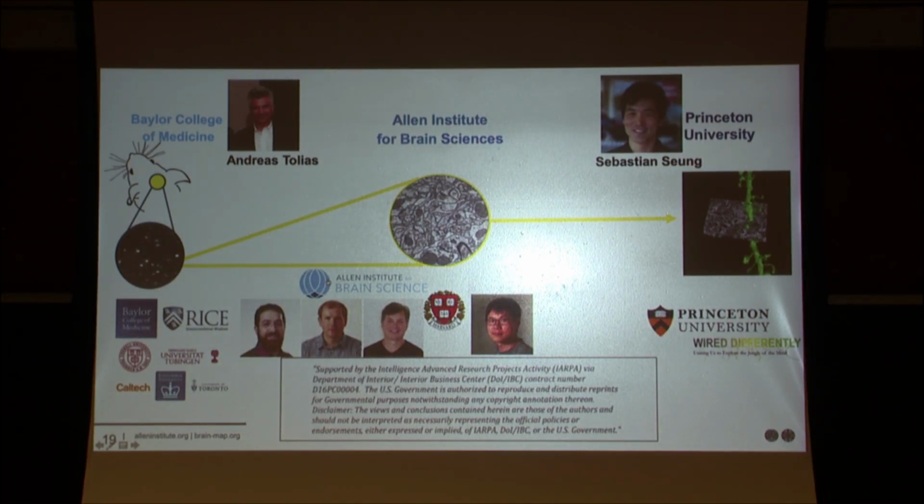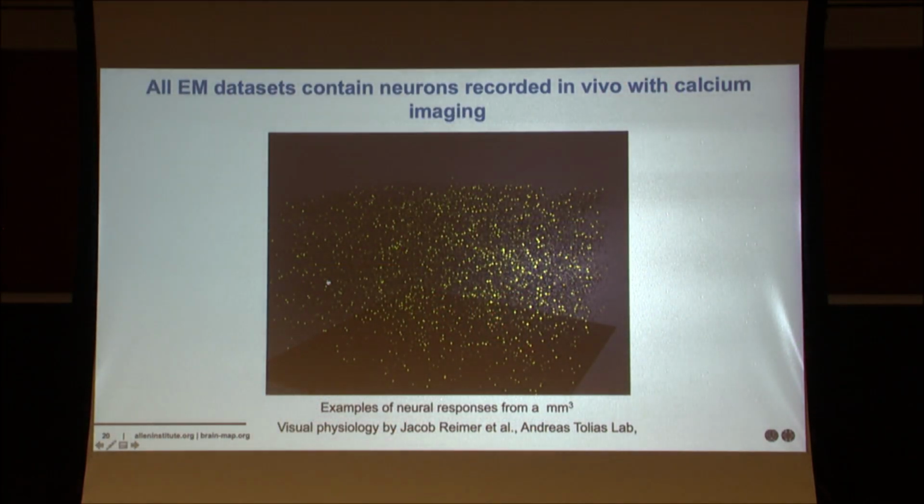And we're part of a consortium of 3 groups. The first group at Baylor College of Medicine did the physiology for these experiments and is also doing the machine learning related to the physiology and related to the whole project. Our group is doing the electron microscopy on the same tissue that I'll show you the physiology of that was done at Baylor. And then finally, Sebastian Seung's group that I mentioned is doing the segmentation, and all of us are doing the data analysis at the end. Here we go.